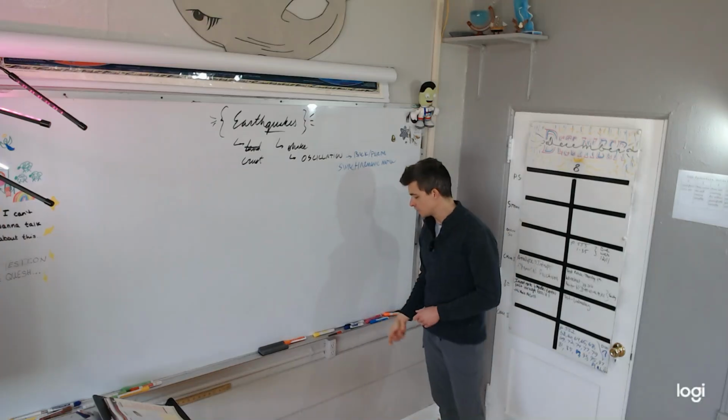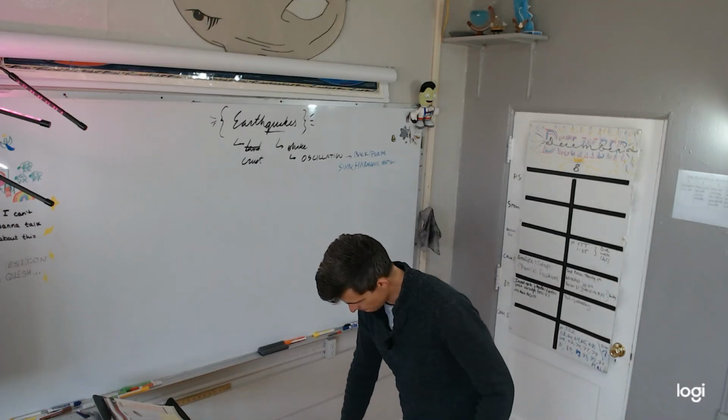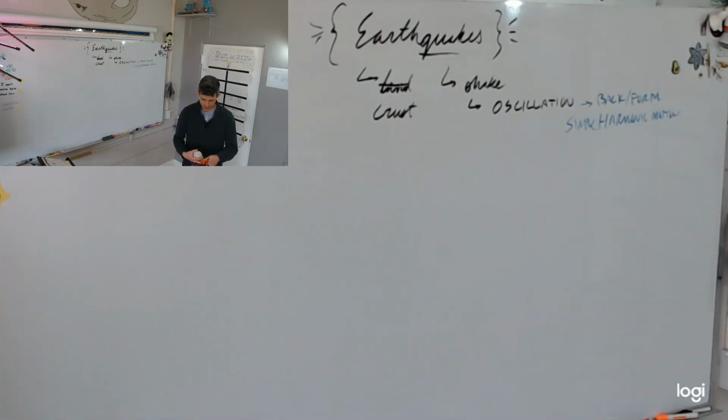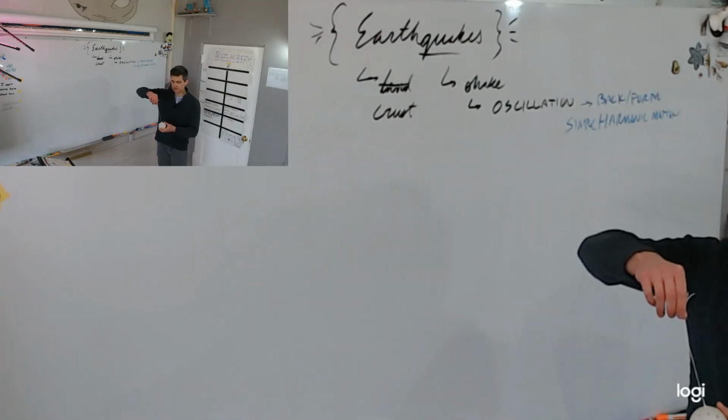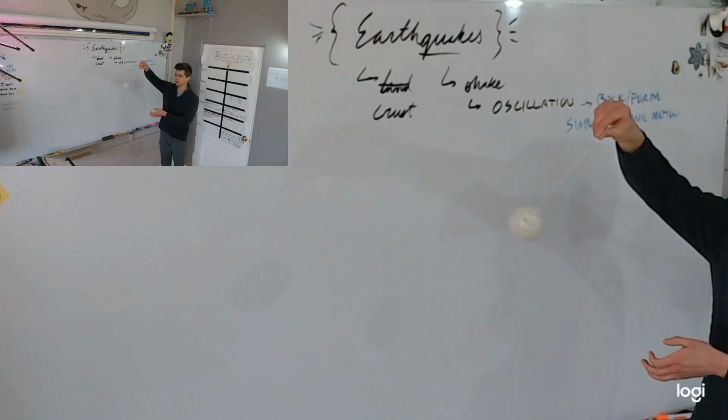The classic example of simple harmonic motion, I can find a classic example of this in my desk drawer. You can find classic examples of many things in my desk drawer. That's why I have a desk drawer, to bring out classic examples of things. This will work. I can make it better with this, though. Here I have some classic examples of science objects. String and ball. I think I'll just use the string this second. The classic example of simple harmonic motion is, this is probably impossible to see, I'll do it in front of my shirt.